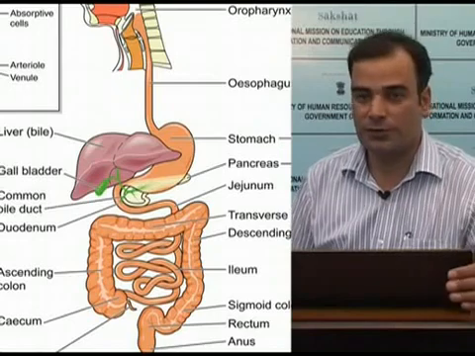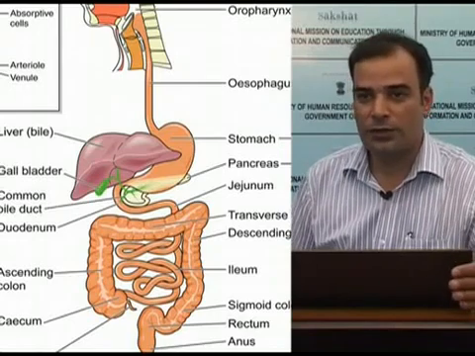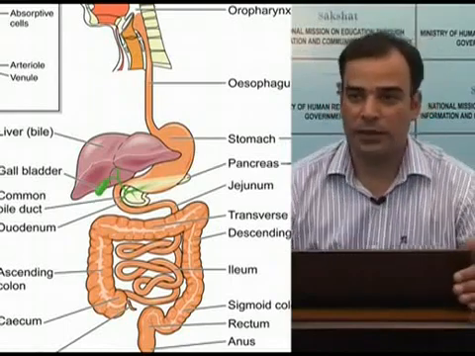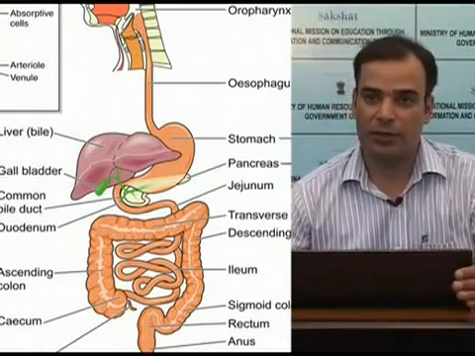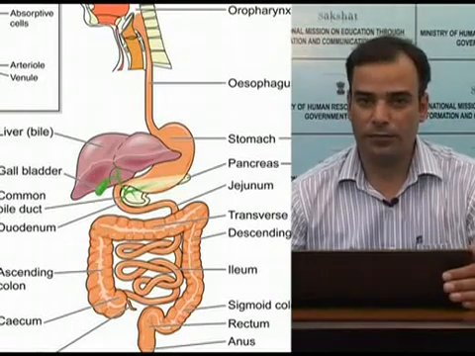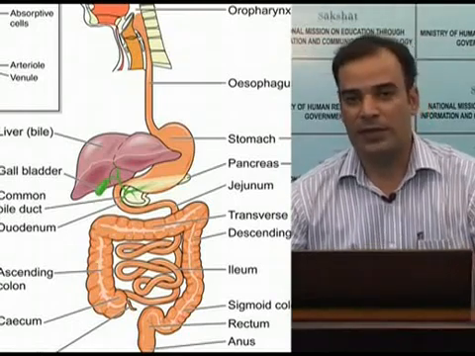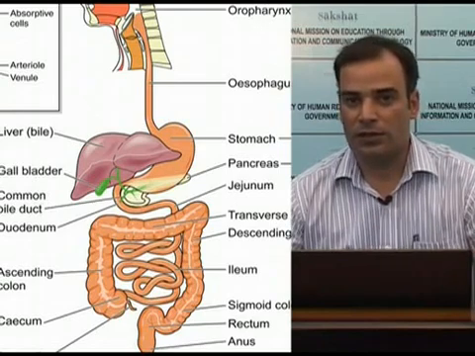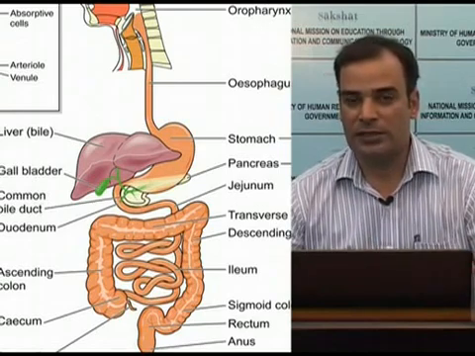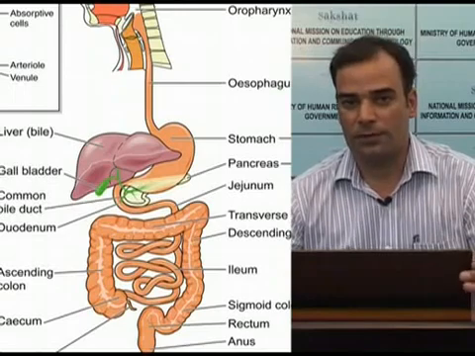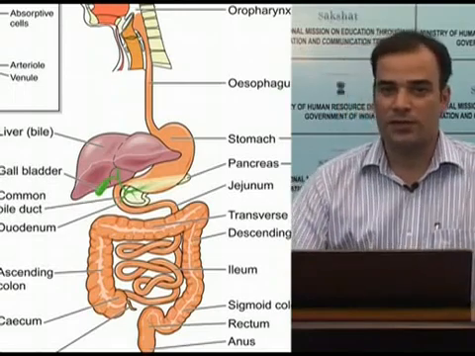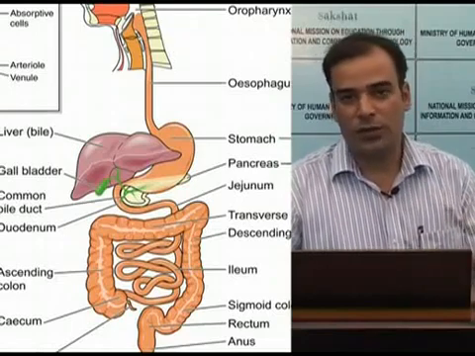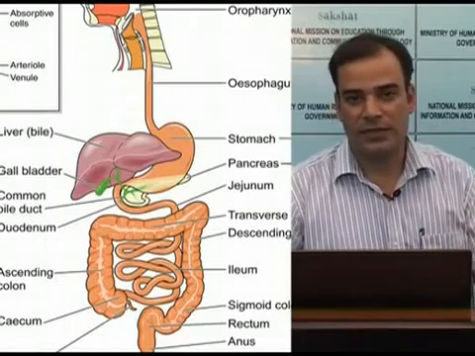with this muscular tube. This tube is modified at places to accommodate the functions which that particular part is assigned. For example, at places where the function is just the transport, this muscular tube is simply narrow and long. At certain places, for example the stomach, where there is a need for the storage of food, this tube is extended